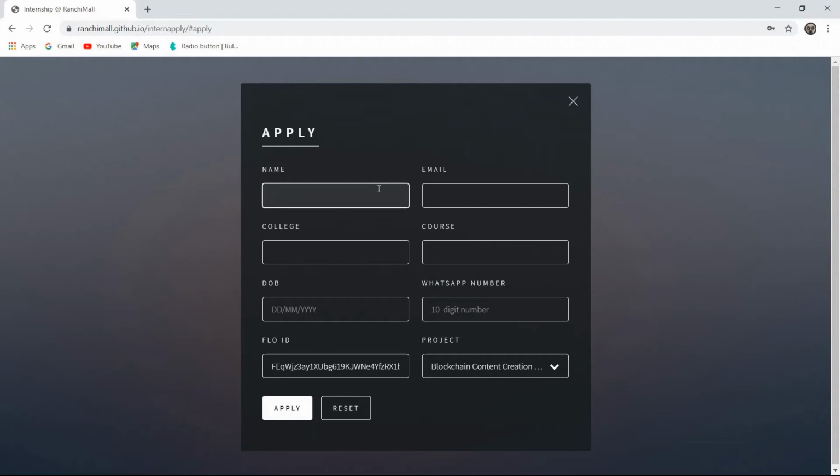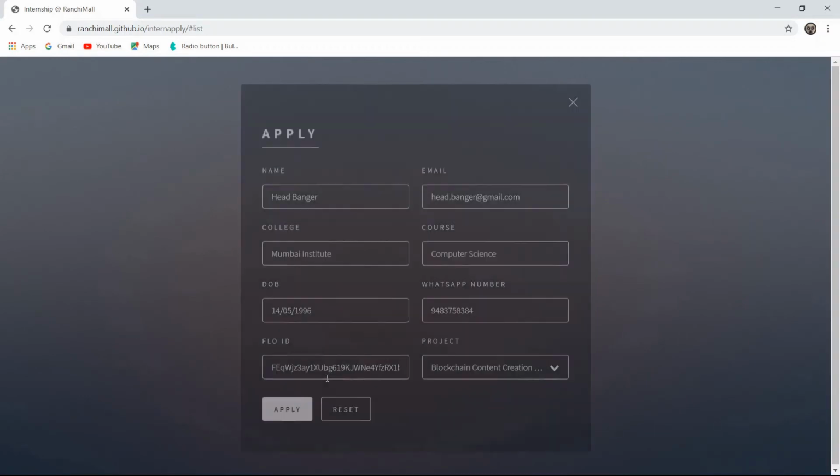So I'll fill some details here. You can choose the project blockchain content collaboration over here and apply.